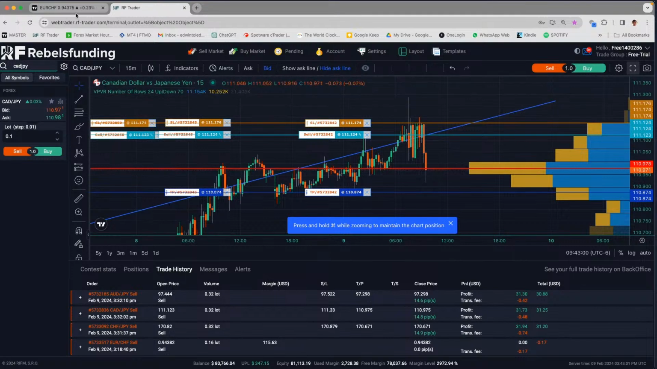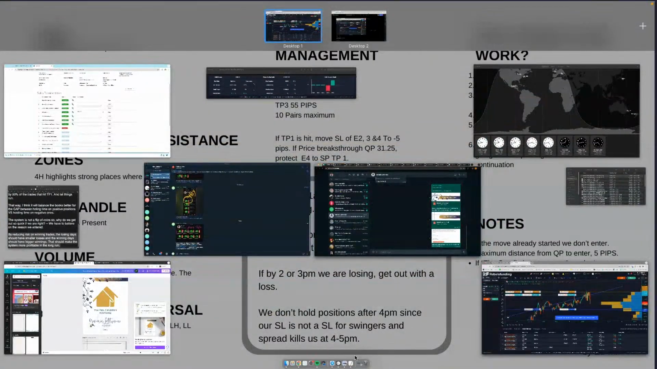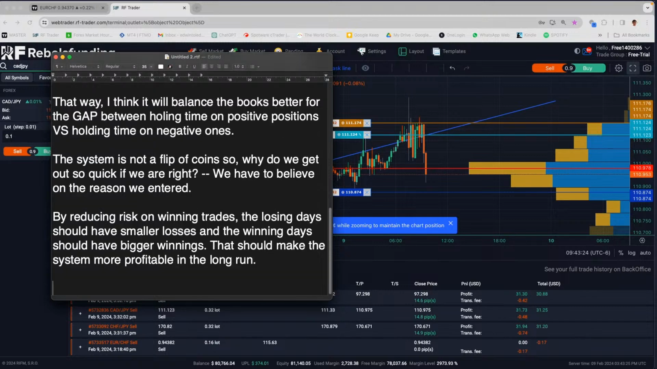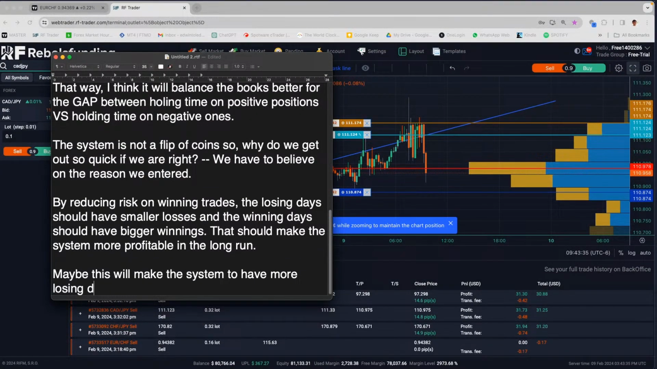So that is what we are saying. If price hit TP1 on these trades, that's what we are saying. By reducing risk on winning trades, the losing days should have smaller losses, and the winning days should have bigger winnings, right? So maybe this will make the system have more losing days than right now,